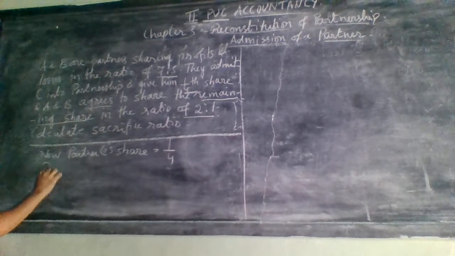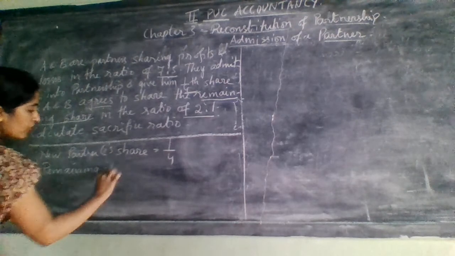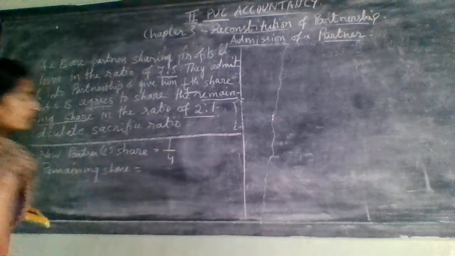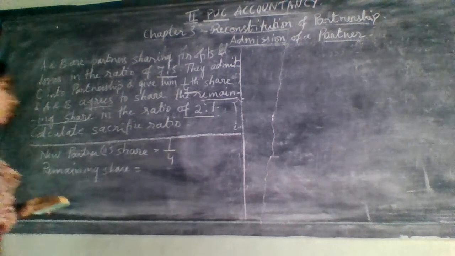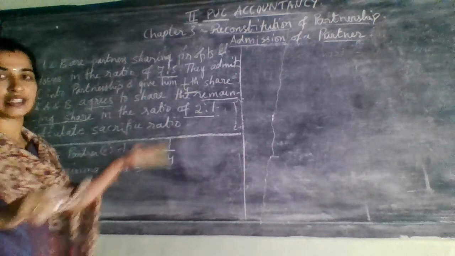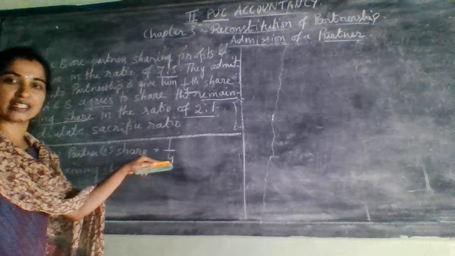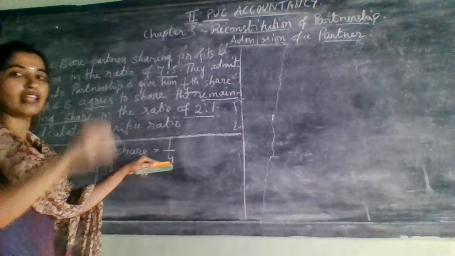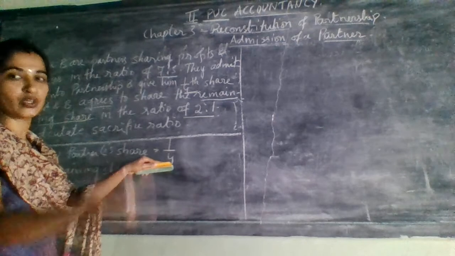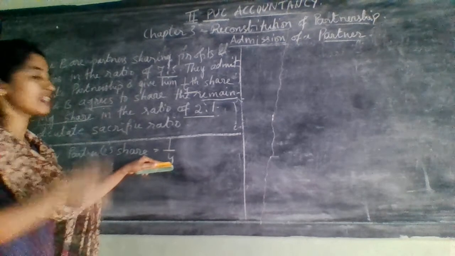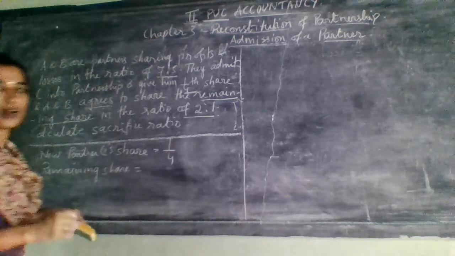So now we need to consider remaining share. How to consider remaining share? Let the share of the firm be 1. Usually this will always be in fraction. So one firm's complete share is considered as 1 only. In 1, if it is for 2 partners, they will make 2 parts. If it is for 3 partners, they will make 3 parts. If it is for 5, they will make 5 parts.